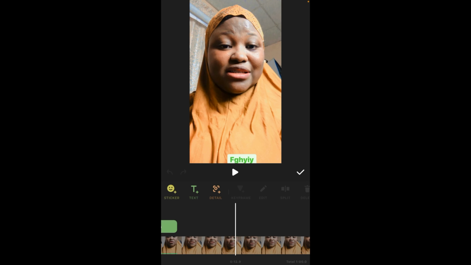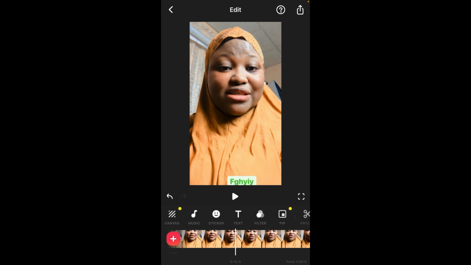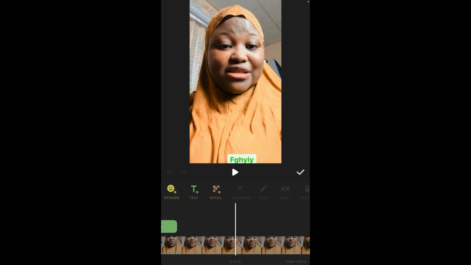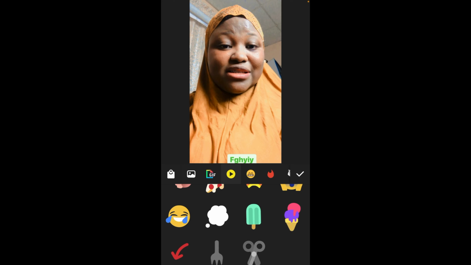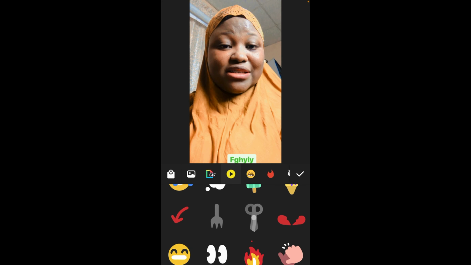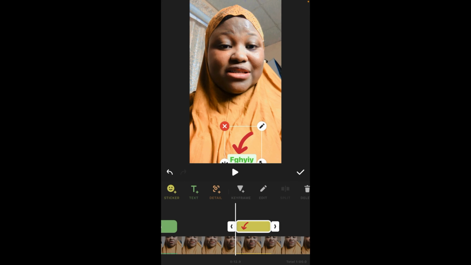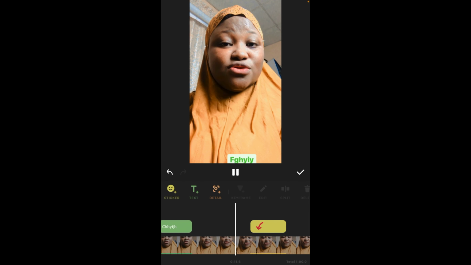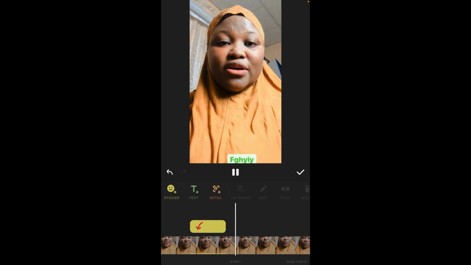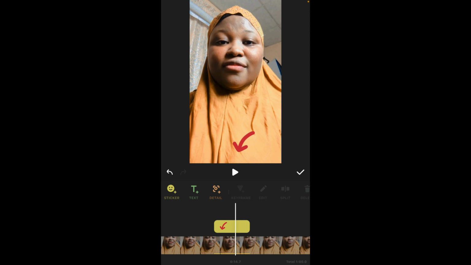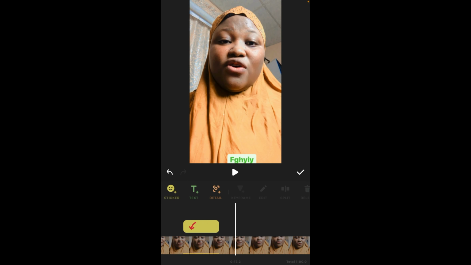So if you are looking for stickers to use, once you click on stickers over here, you can click on the plus sign, this stickers over here, then you can see different kinds of stickers are here for you for free. Okay, if you need this arrow key, maybe you are talking about something and you want this arrow key to talk about this sentence, then you can point it at it. So you see 10 seconds again. So that is it. Then maybe you want to say follow me on so place, then you can say it over here. Okay, so then